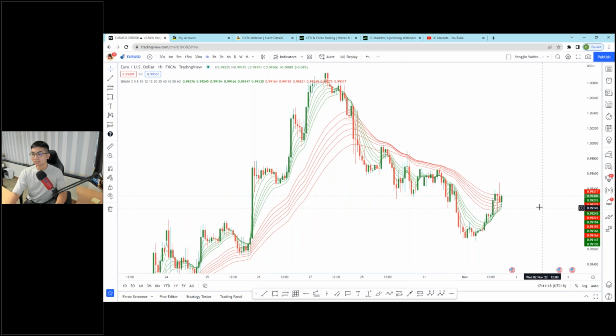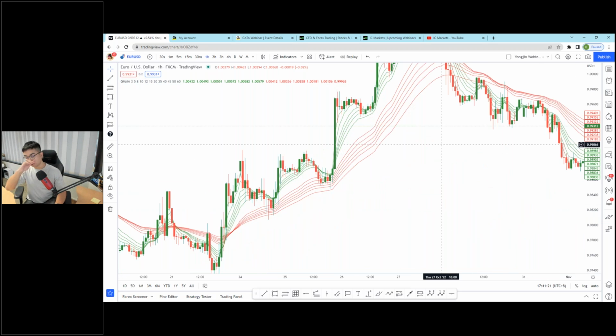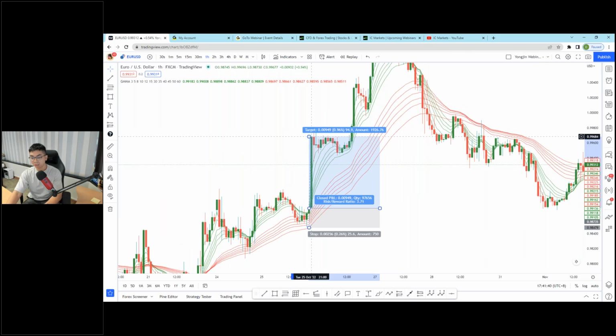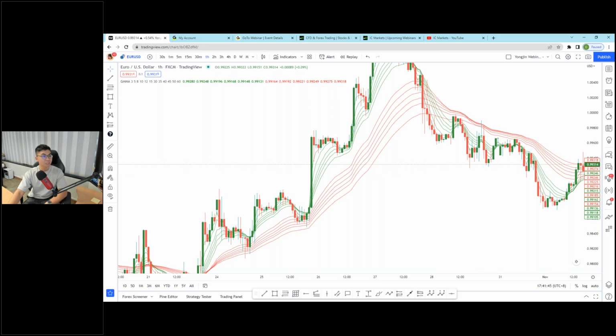Okay, just looking at it, I always want to emphasize, do not always use one single indicator or one single method of trading just to enter. So you cannot just rely directly on this. You cannot just, if it's a long, set your stop loss below and then long it up based on one single indicator. There is no winning strategy. There is no 100% winning strategy.